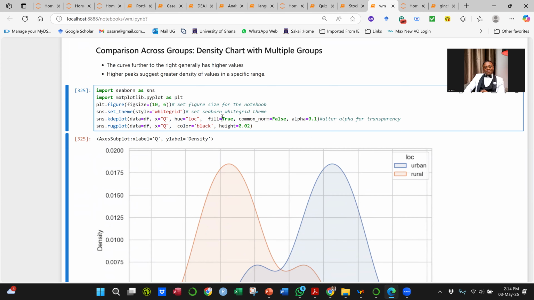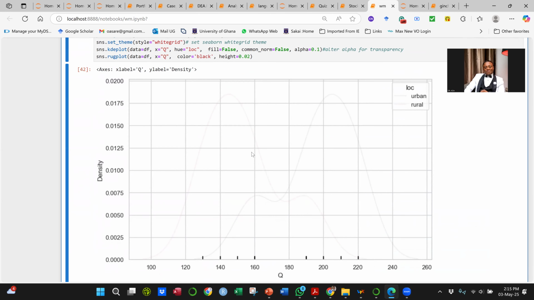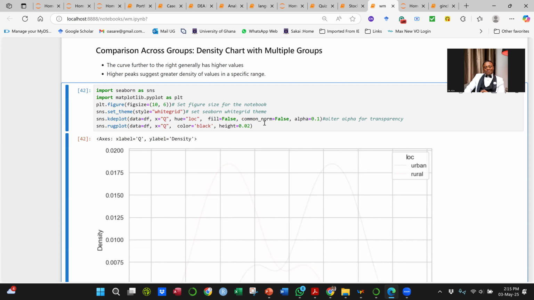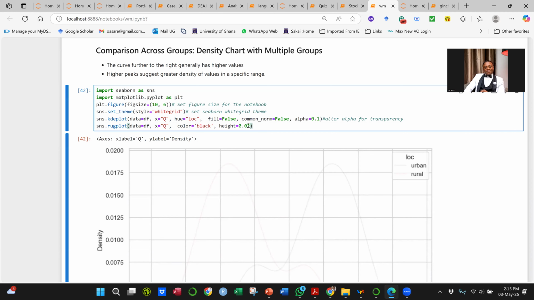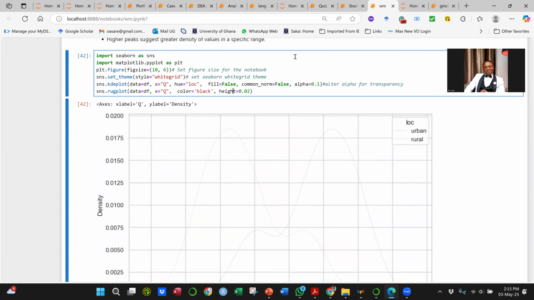Okay. I want a fill. So the fill is what? In fact, you can remove the fill and make it false, so that when the fill is false, there's no fill. Okay. When I run this, see right now there's no fill. The thing is there, but there's no real fill. Okay. So if you don't take care, you will not really see the, what do you call it? I have the rug also here showing. If you want a particular